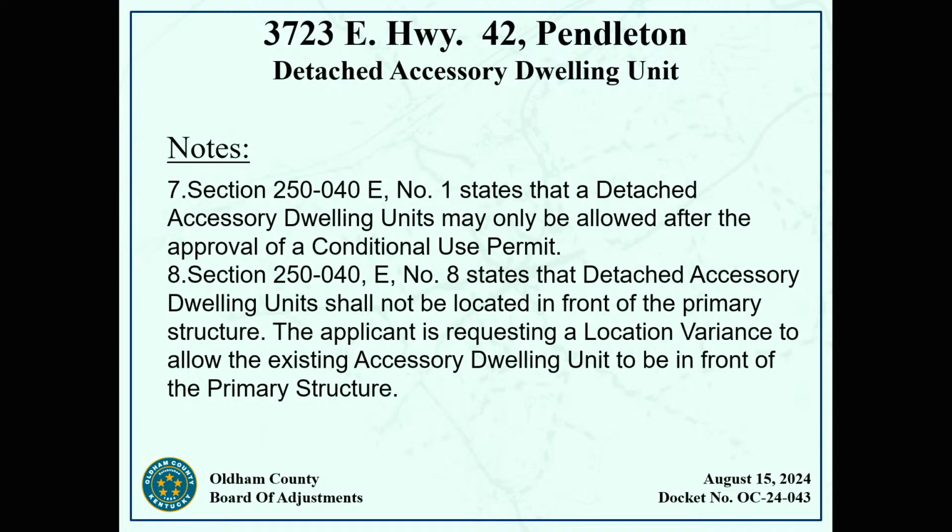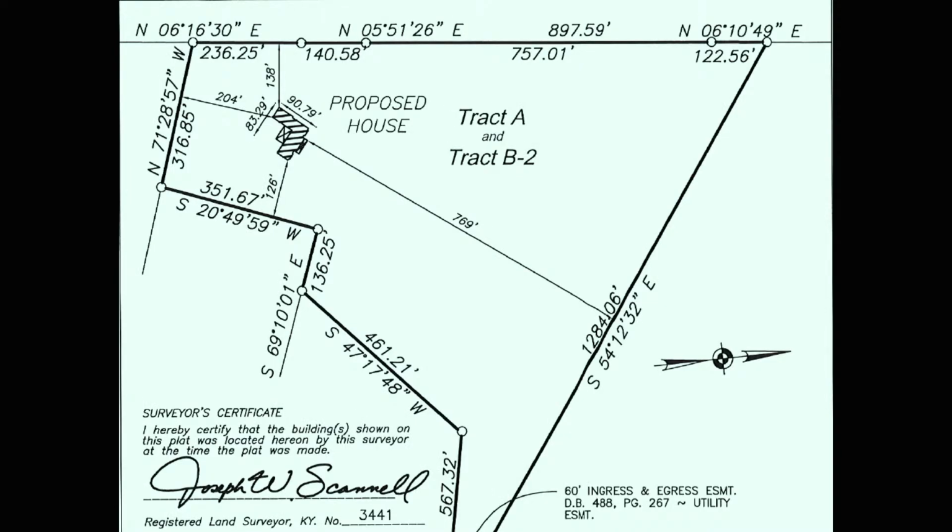That same regulation also talks about accessory dwelling units shall not be located in front of the primary structure. So the applicant's requesting that location variance to allow the existing accessory dwelling unit, that modified barn, to be in front of the primary structure. So the plat that was provided us showing the location of the proposed house is shown here, and the approximate location of the existing barn with ADU is right in this general area where the green circle is. So as you can see, that would be in front of the proposed primary house,